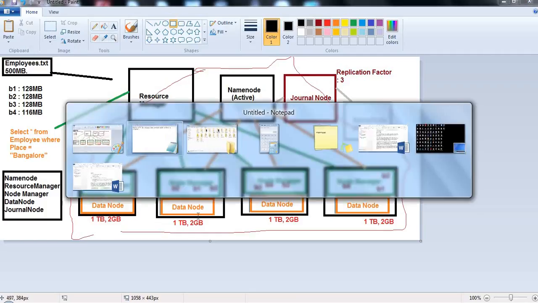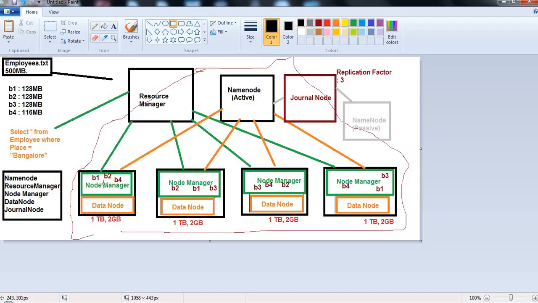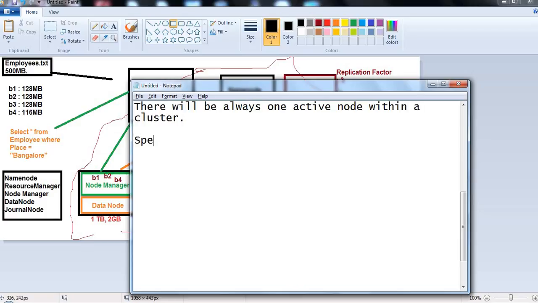Now again the race will start. So who will win the race? Suppose node 2 finishes execution. In that situation, the resource manager will take the output of node 2. Even though node 1 is up and running well, despite that, it won't wait for the output of this node. Such a scenario is called speculative execution,